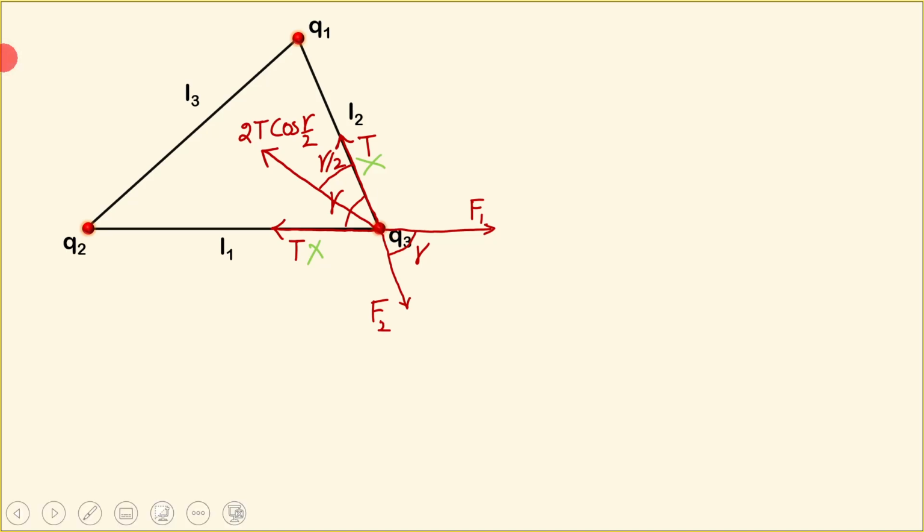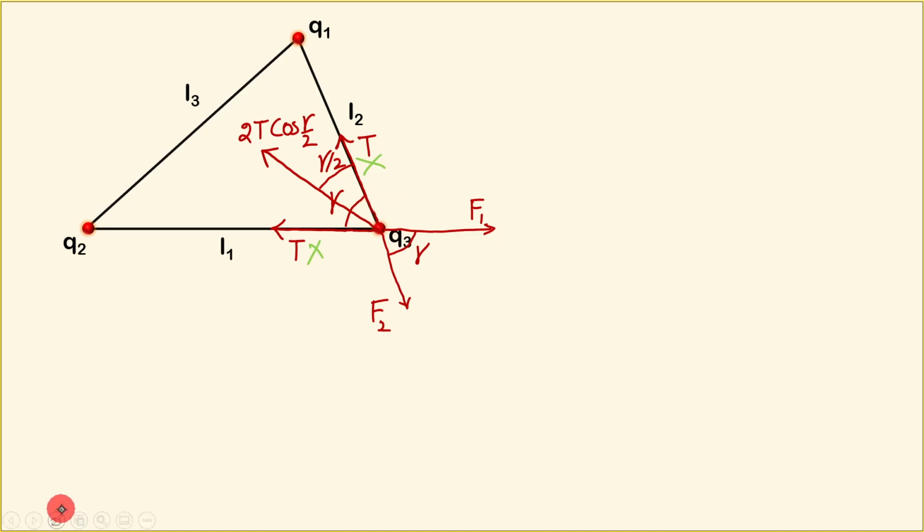and for this condition of equilibrium we can apply Lami's theorem. It tells about three forces when the particle is in equilibrium. So what are going to be the angles between the force vectors? One angle is here, gamma. What will be the other angle? This whole line is a straight line, so the total angle will be 180. This angle is gamma, so this angle becomes 180 minus gamma.